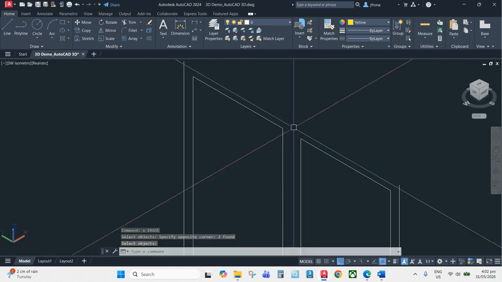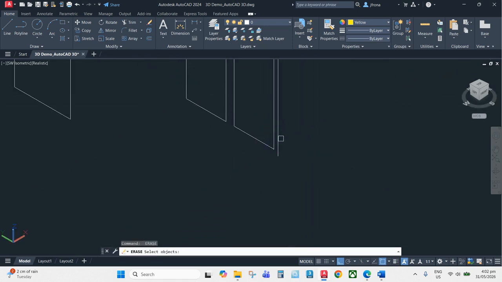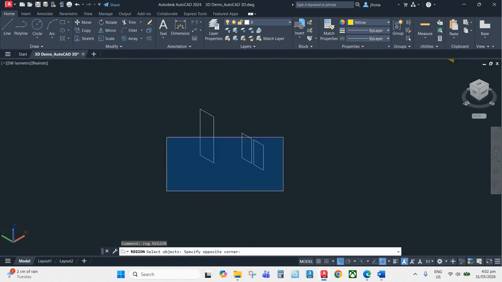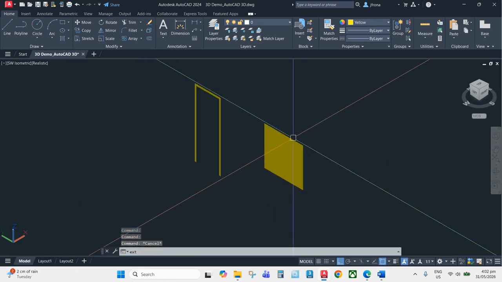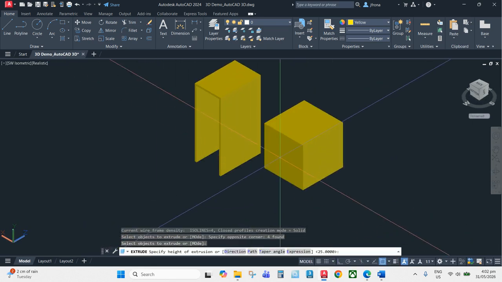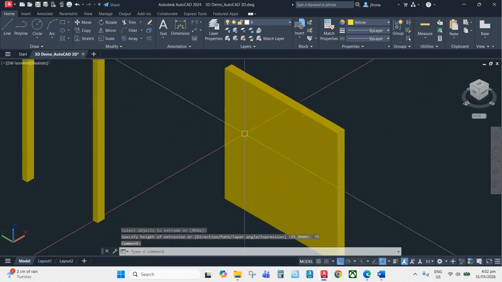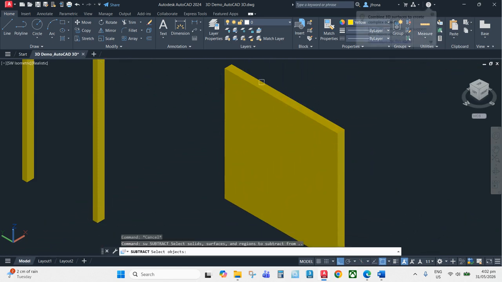And then these ones as well, we're going to delete them. These are for the glass panels and the door leaf. And then we region them. And then extrude these ones for the frame at 75. Since we need the opening here for our glass panels, we're going to subtract